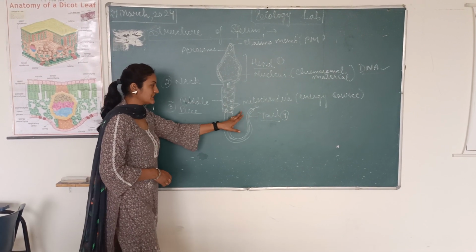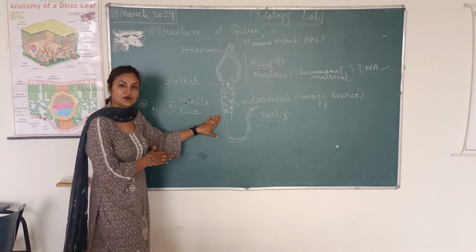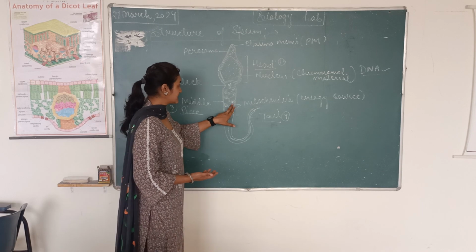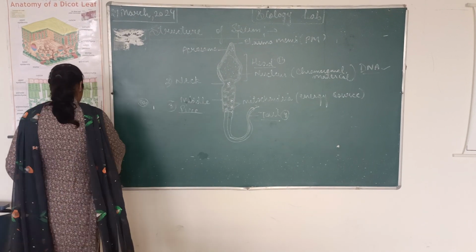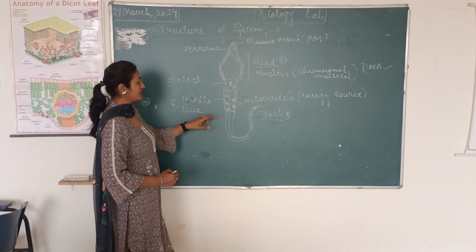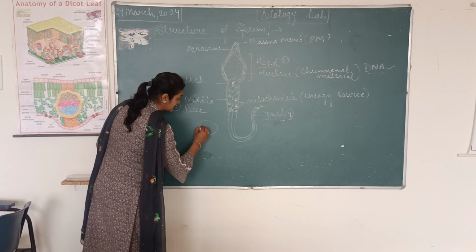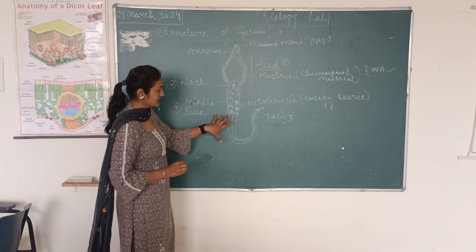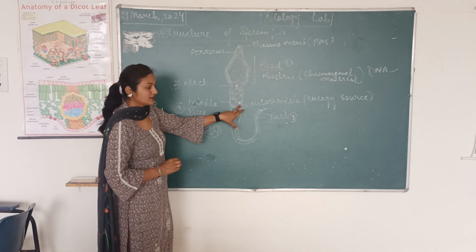And mitochondria are present here. I have drawn only four. You can also draw more than these four, five or six. And these are basically small in stature. When we draw the diagram of a mitochondrion, you can draw it like this. This is basically a diagram of mitochondria. Because of the size of my diagram, I have drawn it very small.